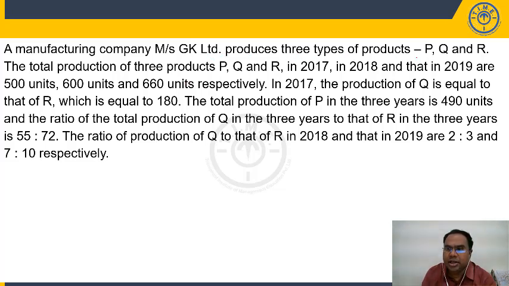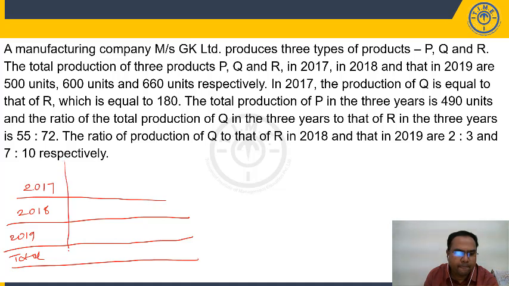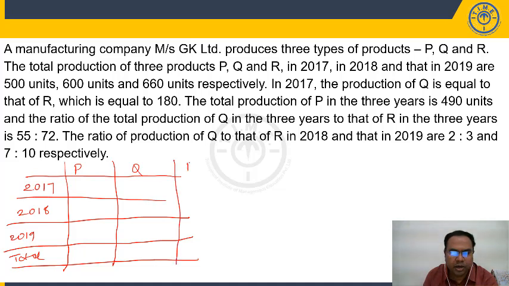But look at these, students. We have P, Q and R. This is an easy caselet actually. So if you can put down the values, it will be easy. Let us say I'll put it down in the form of a table. The production of three products P, Q, R in 2017, 2018, 2019, three different years. I'll take a total here. We'll take P here, we'll take Q, we'll take R. And we'll take one more total here, the row wise total, that is year wise total.